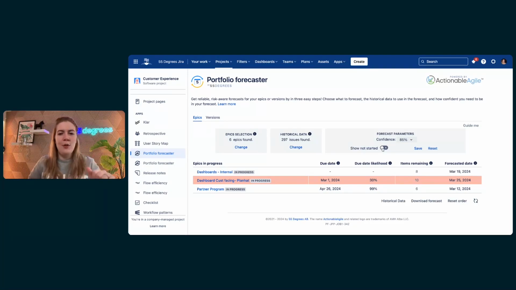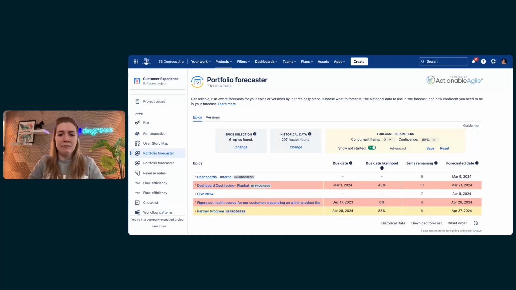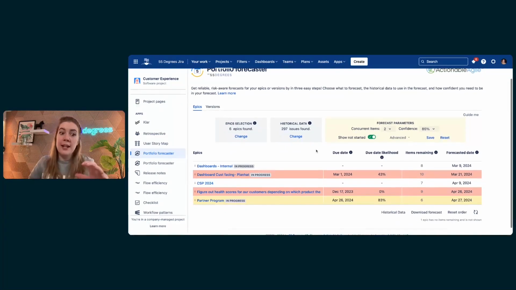If you turn on Show Not Started, you can see the data reloads and now you see a bit more things, right? Because now you will see epics that have not yet started. So you haven't done any work on it. They're not yet in the status categories of in progress on your board. And now you can see these have changed a little bit as well. So what you need to tell us now is,